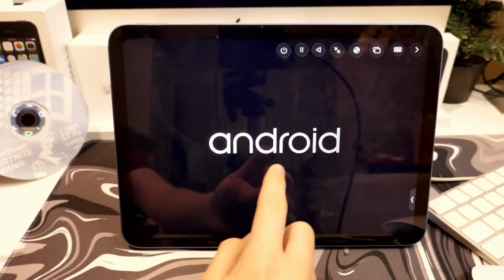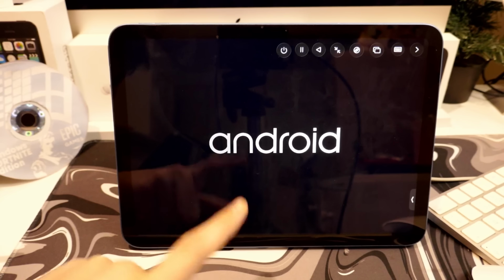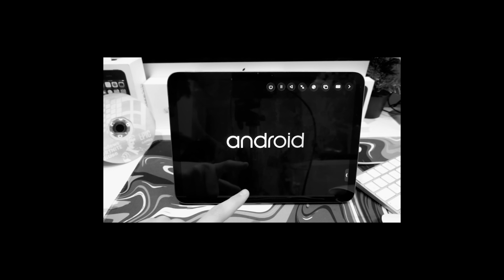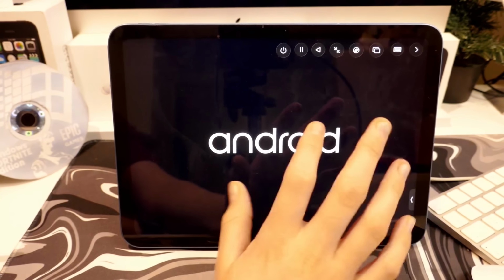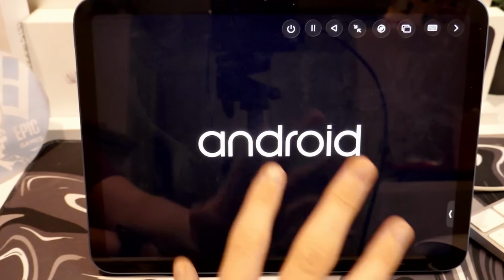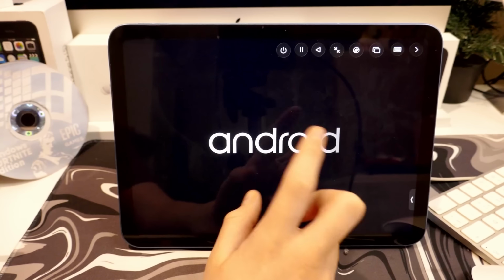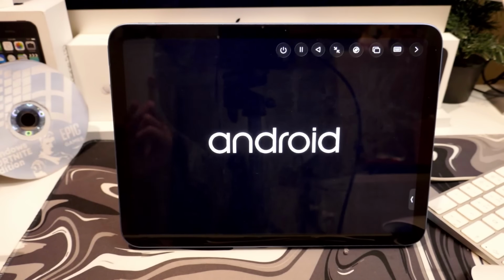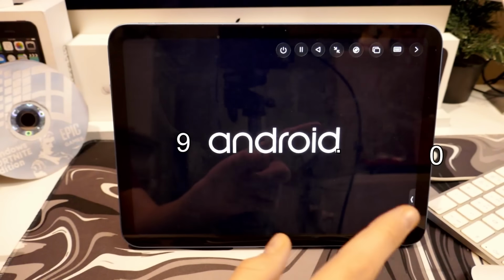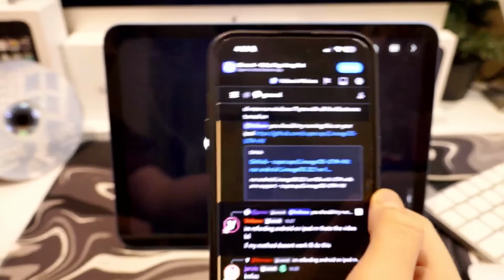Oh my god. Okay, that's something I never expected to see ever. But wow, okay. Taking a while to boot. You might be looking at this and thinking, oh yeah, that's quite cool. We're seeing the Android boot up on an iPad, but no. This is Android 9.0, whereas thanks to one of the glorious members of my Discord, they sent me over a